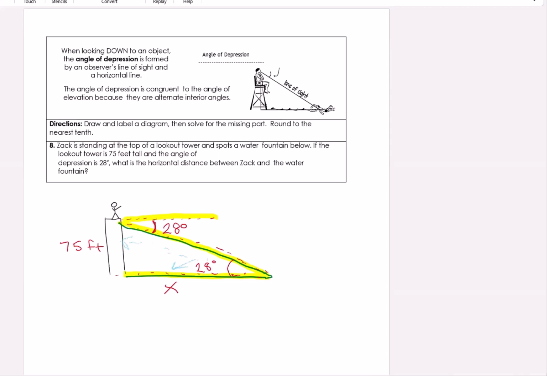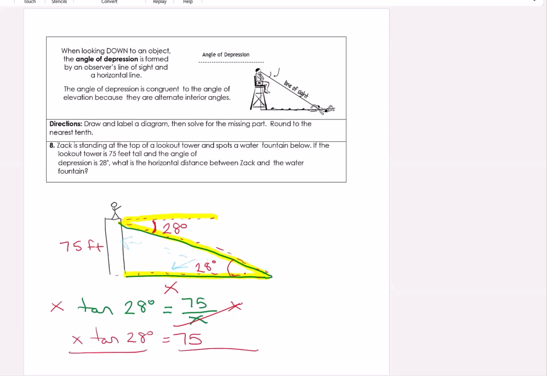Again, we need tangent. We have the tangent of 28 degrees is equal to the opposite over the adjacent. Again, I multiply both sides by x. I get x tan of 28 degrees is equal to 75. I divide both sides by the tangent of 28 degrees,